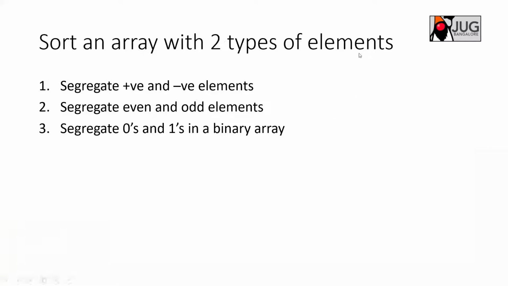Then there are a few other questions, like how will you sort or segregate positive and negative numbers? You pick any positive number and then see, or how you segregate even and odd numbers. Basically, these things can be done by picking the right pivot element, and based on that pivot element, elements will be segregated. This kind of simple question can be asked, and if you know how pivot partitioning works, then you can solve these questions.